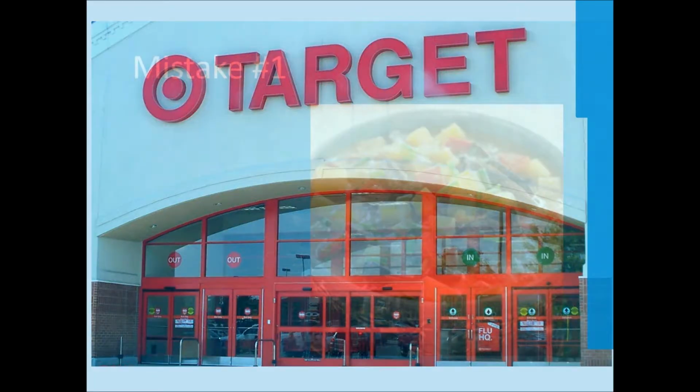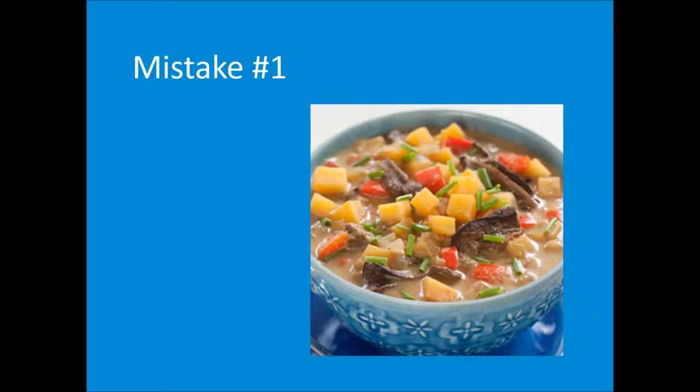So the first problem was that Target didn't really have good separation in their internal networks. Everything was sort of mixed together. What ended up happening, and this is based on preliminary findings, was that there were various vendors that Target gave remote access to in order to support systems inside the stores. One of those systems was the HVAC systems that controlled things like the store temperatures, but also things like the refrigerator and freezer sections. And all of those have monitoring in them. The vendor that was in charge of installing and maintaining those systems was given remote access so that they could make sure that everything was